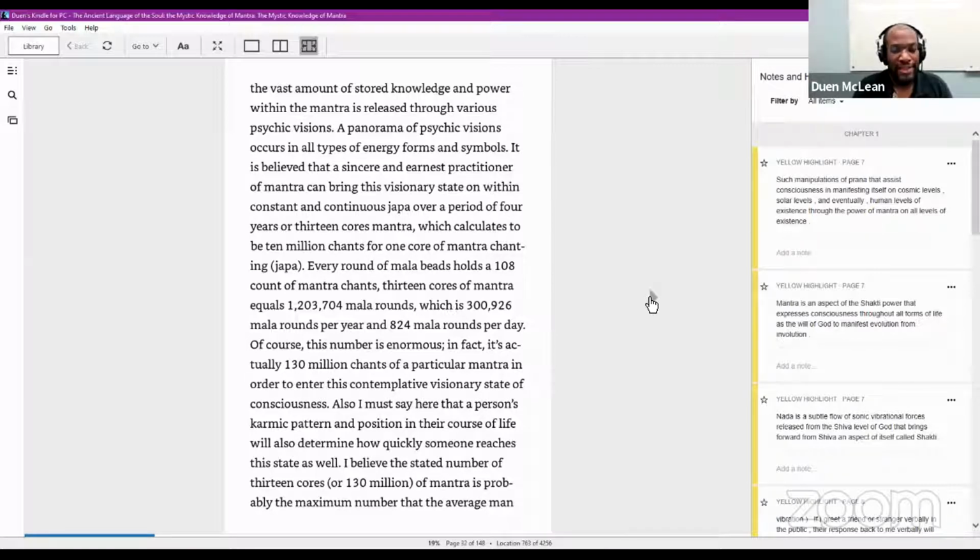It is believed that a sincere and earnest practitioner of mantra can bring about this visionary state within constant and continuous japa over a period of 4 years or 13 cores of mantra, which calculates to 10 million chants for 1 core of mantra chanting, japa. Every round of mala beads holds 108 count of mantra chants. 13 cores of mantra equals